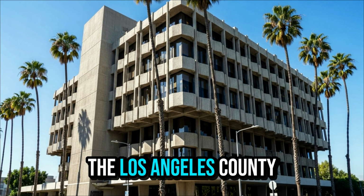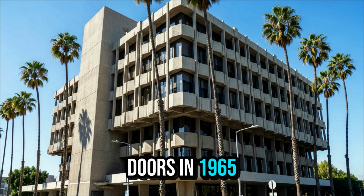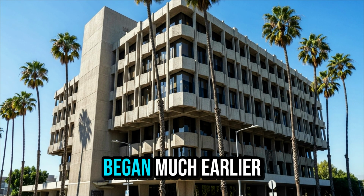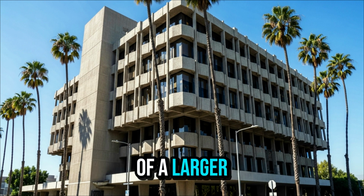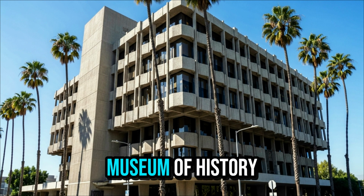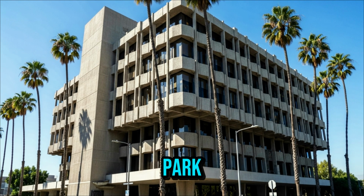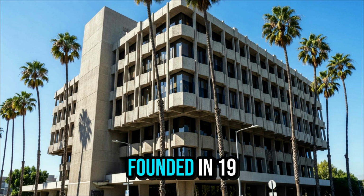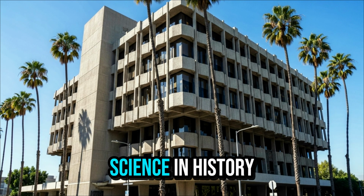The Los Angeles County Museum of Art, known as LACMA, officially opened its doors in 1965. But its story began much earlier. Before becoming an independent art museum, it was part of a larger institution called the Los Angeles Museum of History, Science, and Art, located in Exposition Park. That original museum, founded in 19, was designed to represent all branches of knowledge, art, science, and history under one